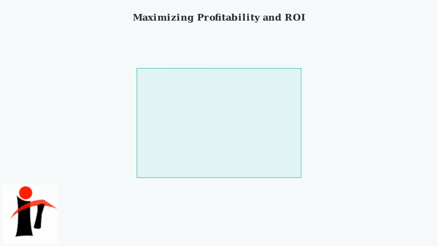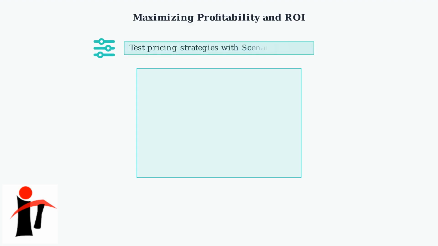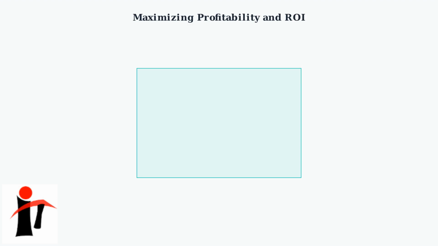To maximize profitability and ROI, the most significant impact comes from ensuring you have all the right numbers. Always input accurate cost of goods sold, selling prices, and all Amazon fees. Use the Scenario Builder mode to test different pricing strategies. This feature allows you to simulate various selling prices and see how they affect your net profit and ROI in